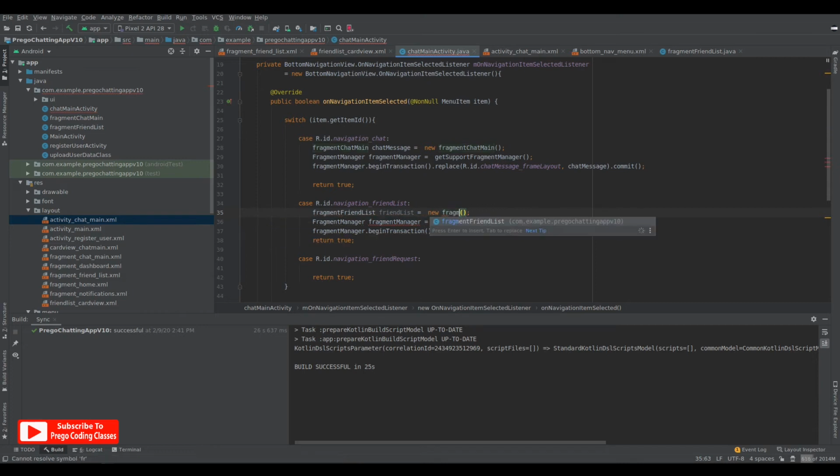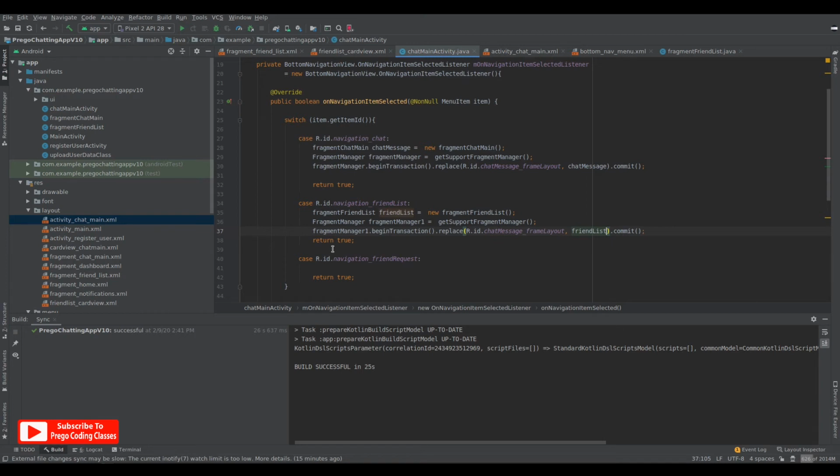So fragment friend list, and fragment manager, let's just say 1, and as it is used once, it is showing an error, so just say 1. And over here we'll change this chat message to the one we assigned to the fragment friend list, that is the value friend list.